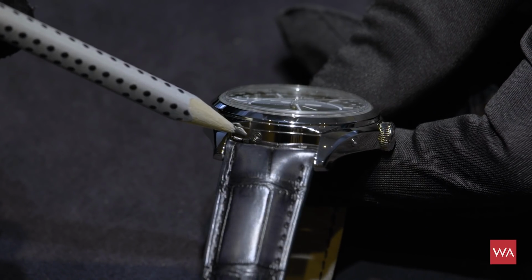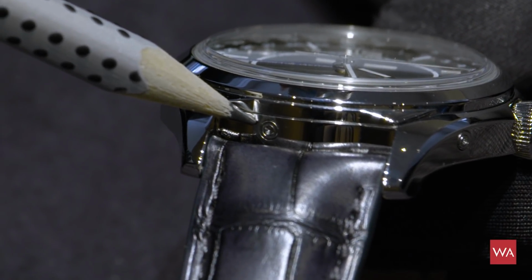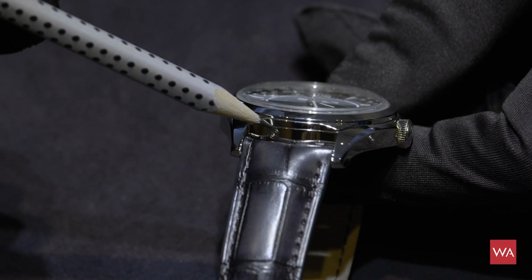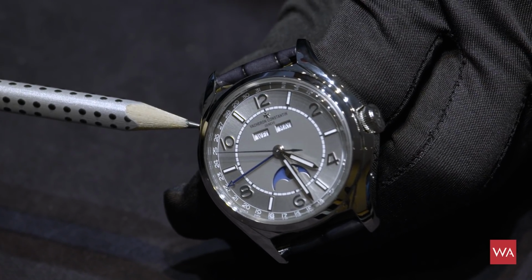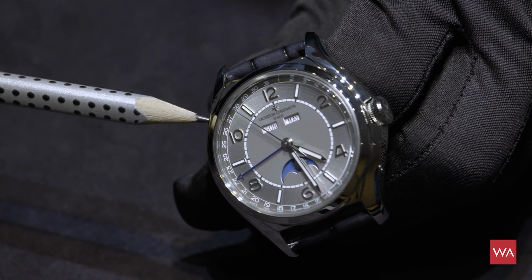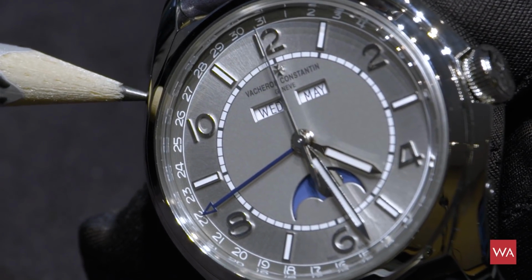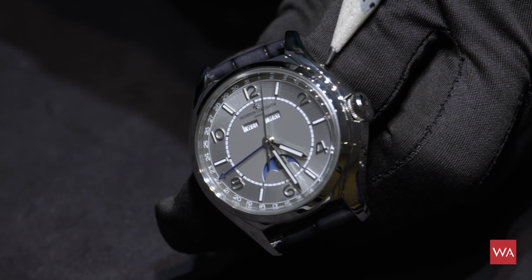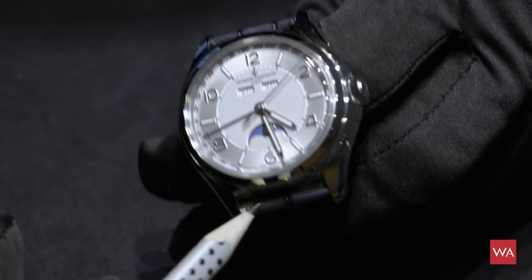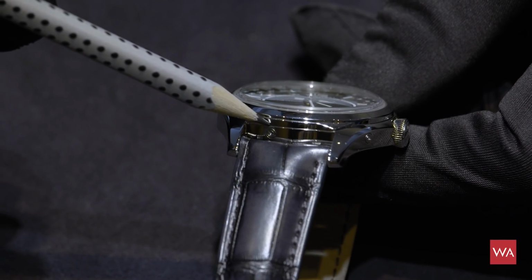And there is one more here in between the lugs that is operating the moon phase. So every one of these pushers is located where it is supposed to be located. The one close to the date window or to the month window, if you push it, now it's first day, it's Friday, Saturday, Sunday, Monday, Tuesday, Wednesday, and so on. The same happens if you push here, the months will start, and if you push down here, as I showed you first on the downside of the watch, between the lugs, you have the pusher that is taking control of